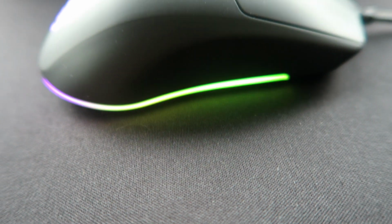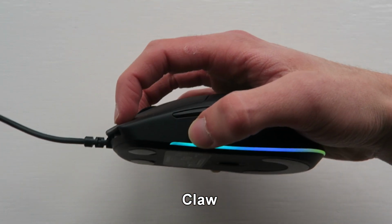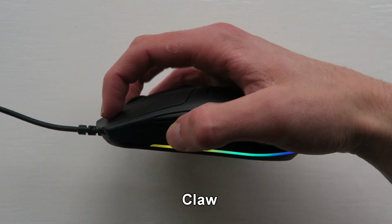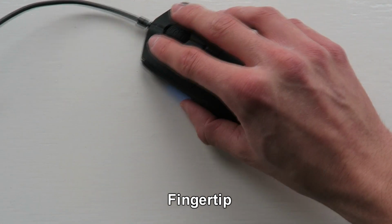The shape of this mouse is very much something to consider, and could be why this mouse isn't for you. And it certainly won't be for a lot of people. So SteelSeries do only say this mouse is for claw and fingertip grips, and that's very much true. So I tried palming the mouse and I did not find it very comfortable, and I have small hands. It was acceptable but not great,